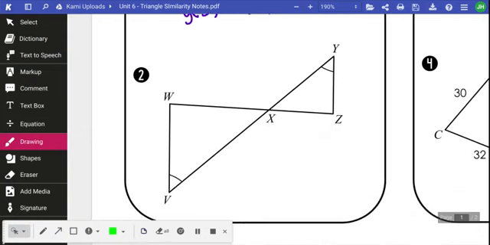Second example. Okay, they didn't give us the angle measures, but they did tell us that V and Y are congruent. And then we know that vertical angles are also congruent. So again, by angle-angle similarity, yes, these are similar. And we'll name our first triangle WVX,